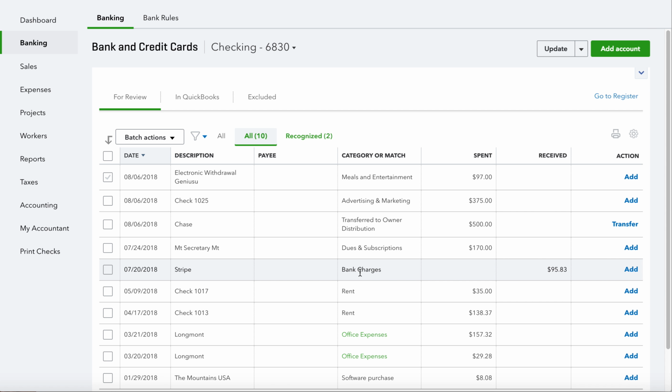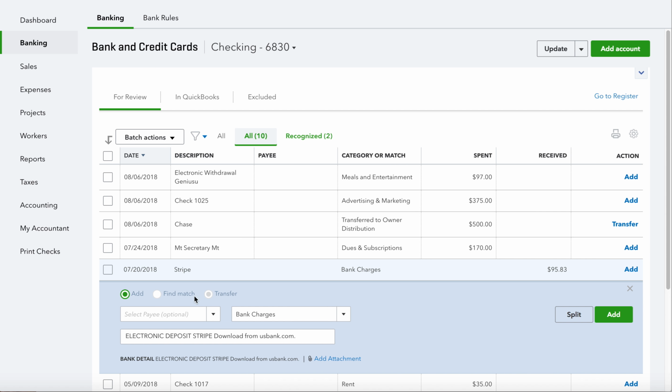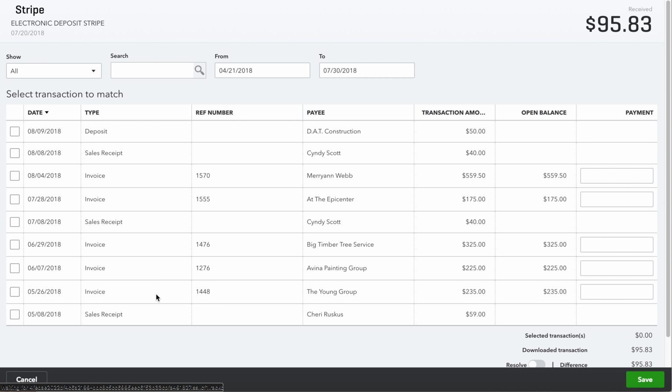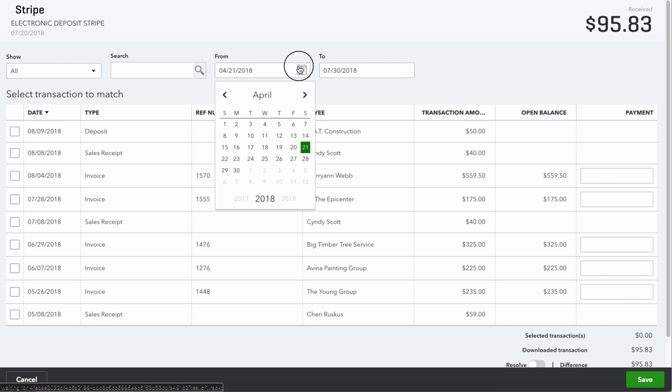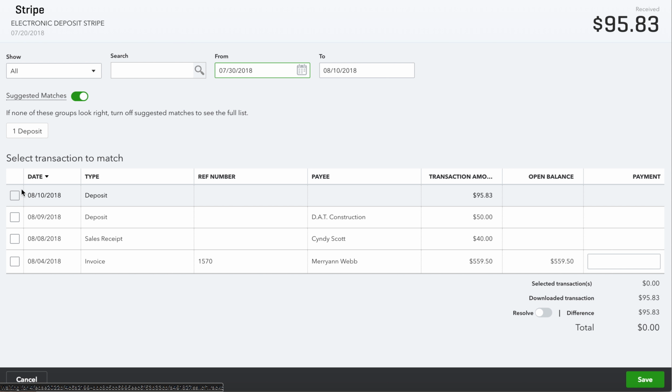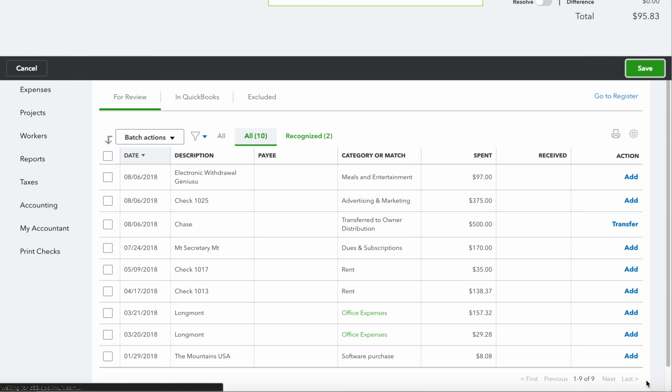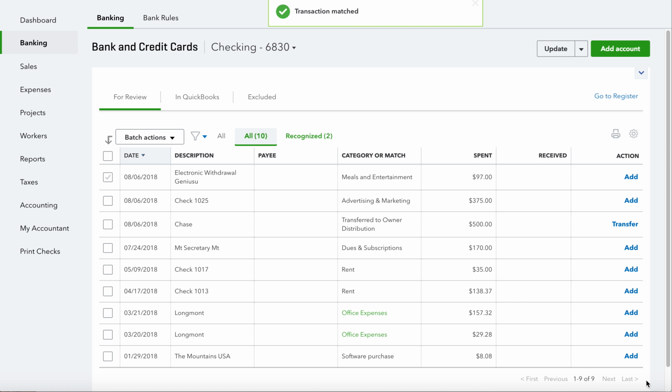But if this issue comes up, it's because your dates differ too far for QuickBooks to say it's fairly certain that this is a match. So what we do in that case is we come here, we click open, and we say find a match, and we adjust our dates. And we say, here we go, 95.83, save, and it pulled it straight out.